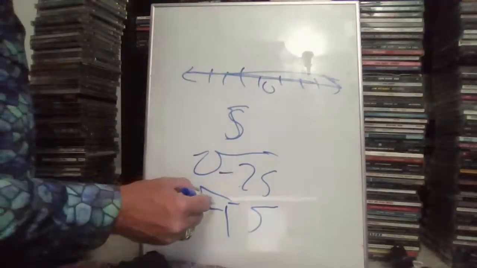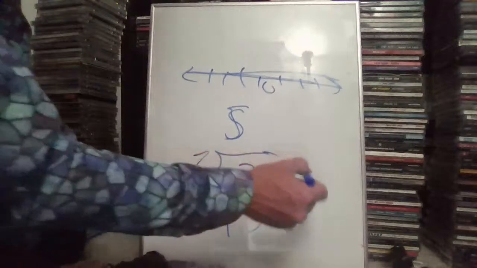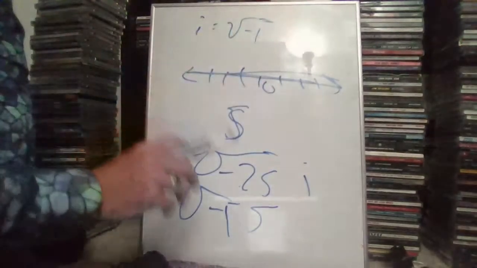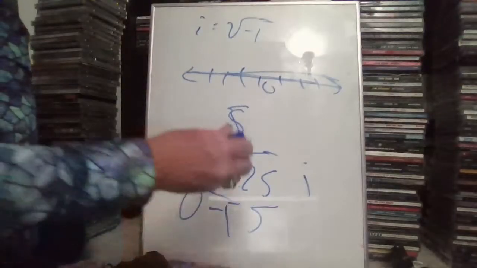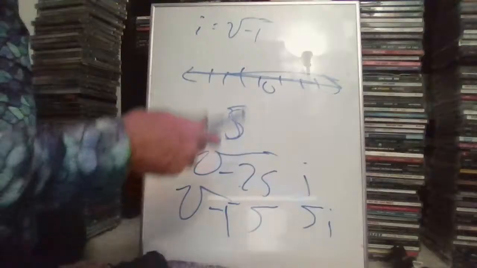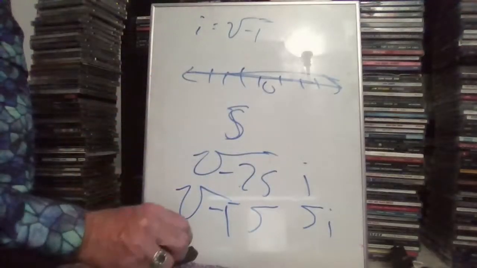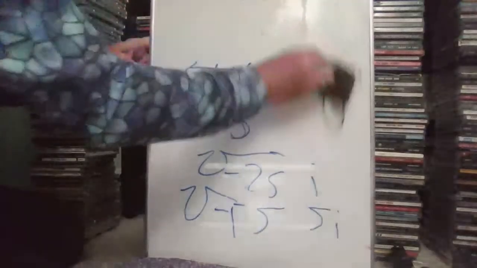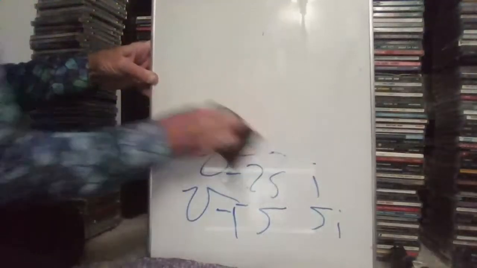What is the square root of -1? It doesn't exist. We'll just call it i. So this i equals the square root of -1, which doesn't exist. We're going to call it that. So this square root of negative 25 is actually 5i, which is an imaginary number. Any multiple of i is an imaginary number because we just made it up. It doesn't really exist. No number when multiplied by itself equals a negative number. So the square root of negative 1 is an imaginary number.